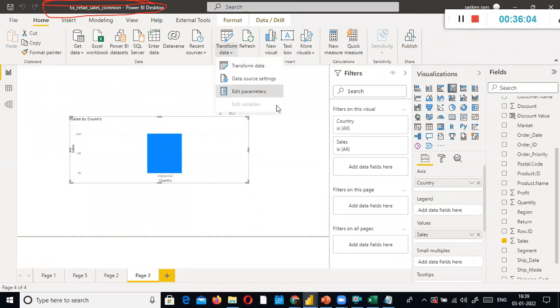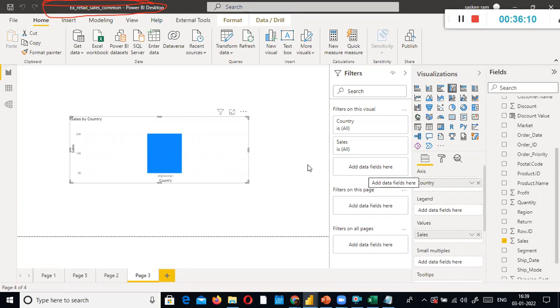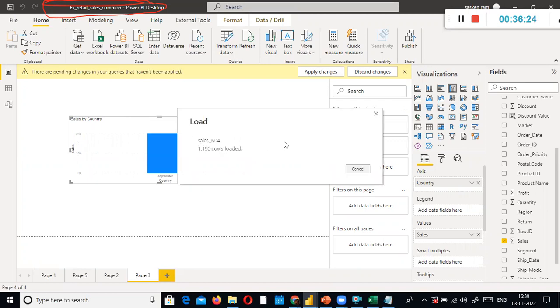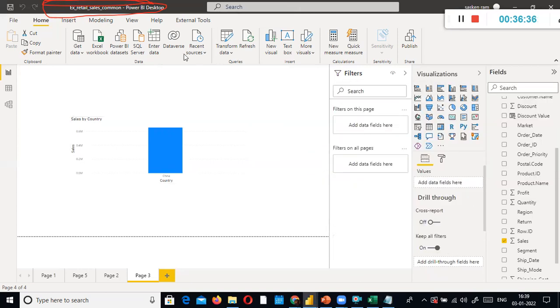Next I select China and click OK. Now we can see only China. So what are the differences here? I'll summarize quickly.